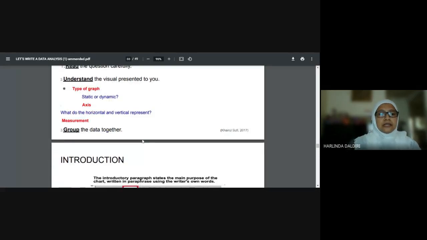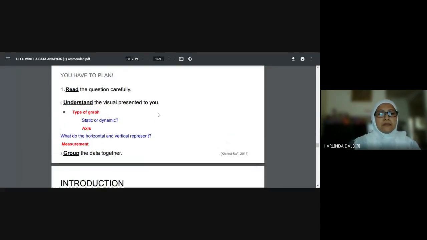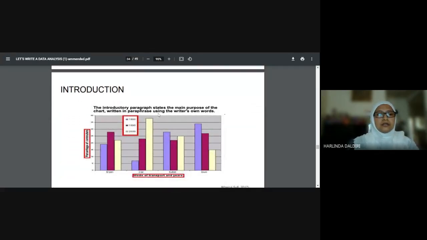Group the data together as mentioned by Madam Azura just now, about the trend, or whether there is no trend, and how you are going to start writing the analysis. Introduction. The introductory paragraph states the main purpose of the chart,